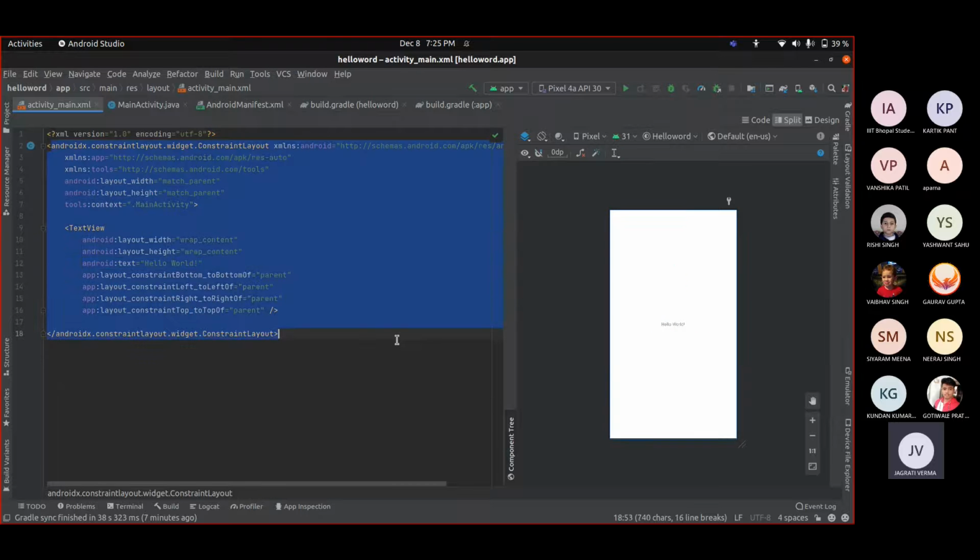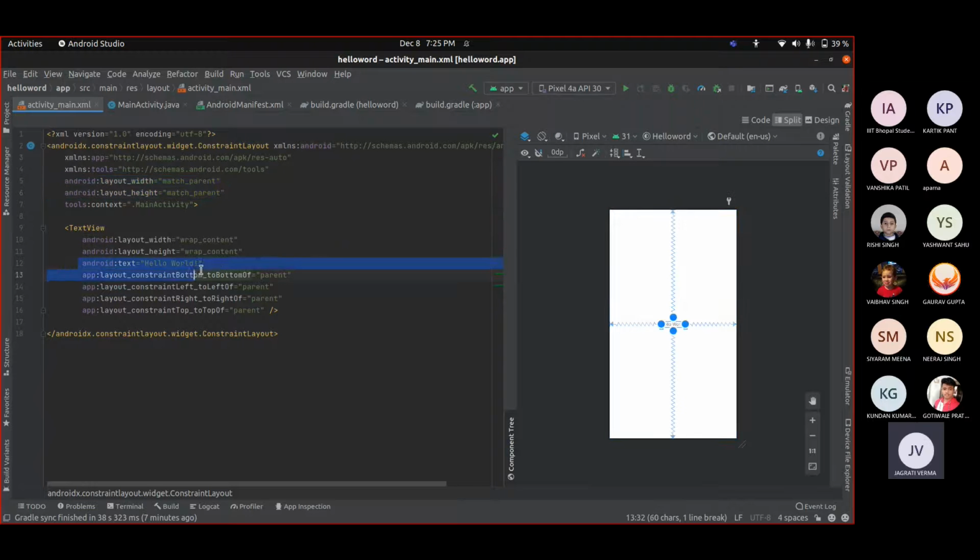Okay, so here they are using a constraint layout, and the height and width of this layout is match parent, and here the text of the text view is in the middle. Okay, so to set that particular thing in the middle, we have to constrain the layout. As the name suggests, it's a constraint layout. So we have to constrain it from bottom, top, left, right. From all four directions we have to constrain it. So that's why we use layout constraints, like bottom to bottom, left to left.